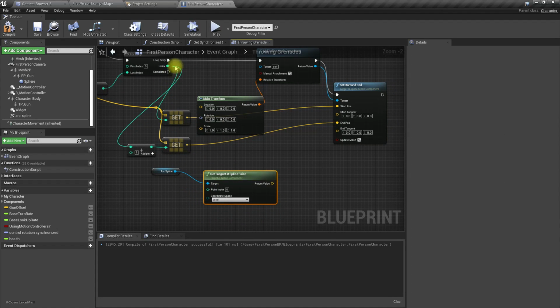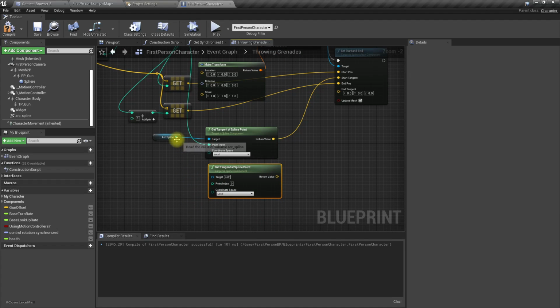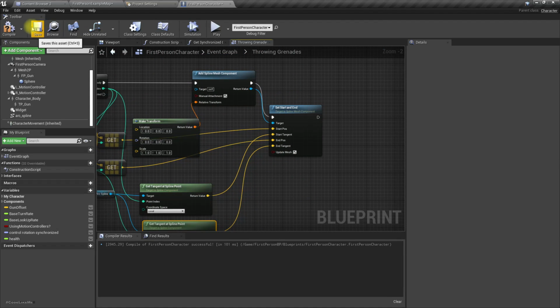So first one is this, the starting tangent, and the end tangent is this. Right,